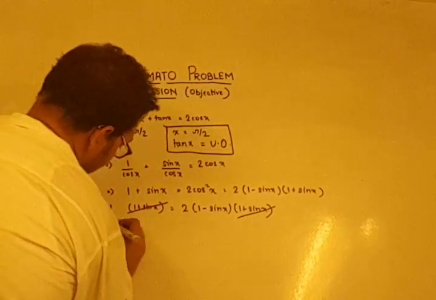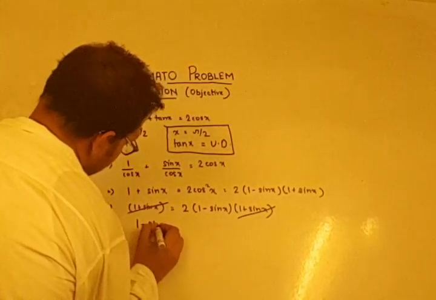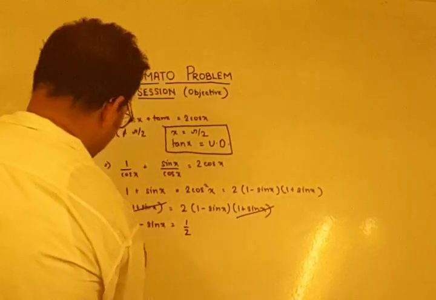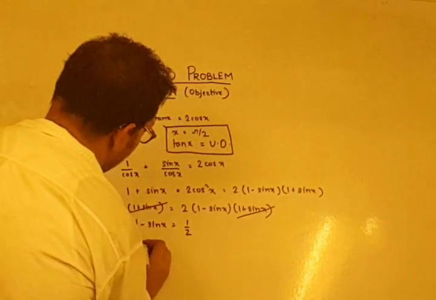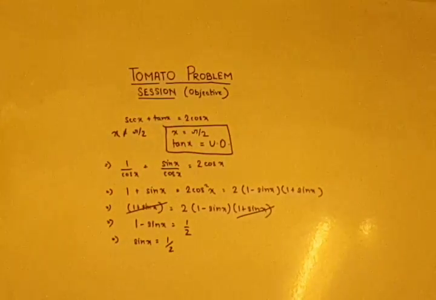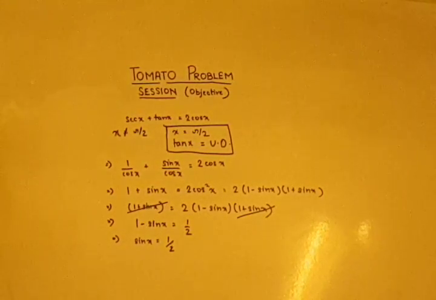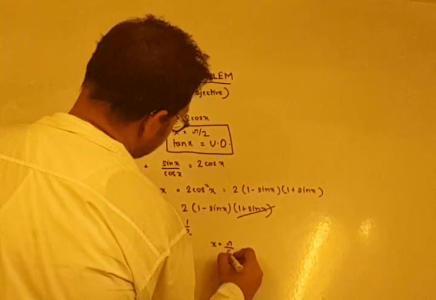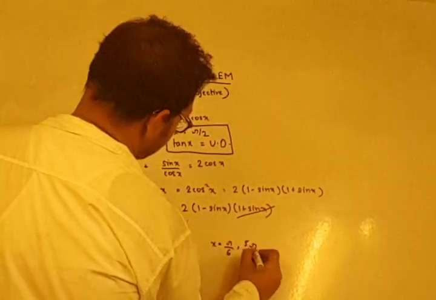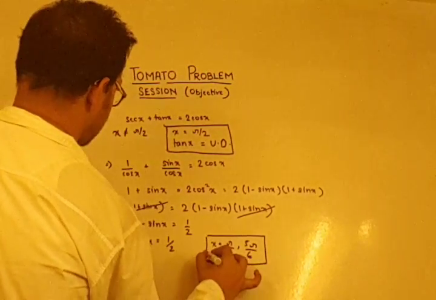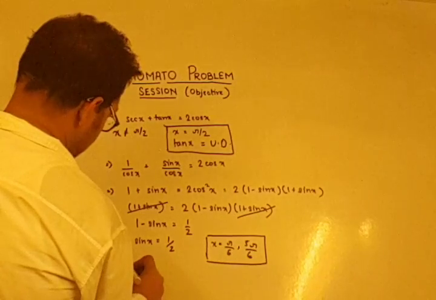So what does it become? It becomes 1 minus sin x equals 1 by 2, and then sin x equals half, and by general solutions with the range that is given in the question, I can always say that the only solutions can be pi by 6 and 5 pi by 6. And the number of solutions was asked in the question, so number of solutions